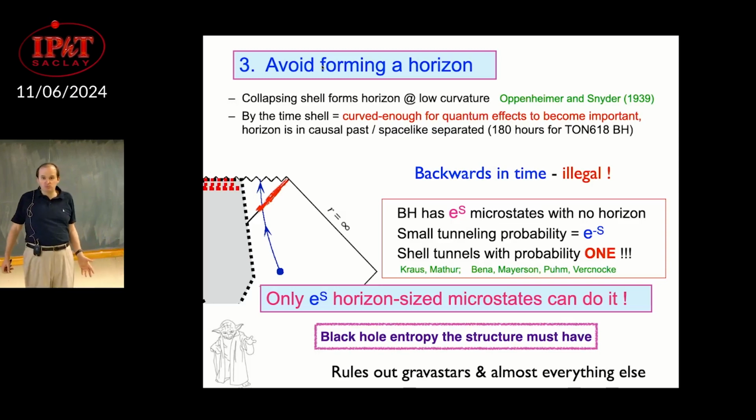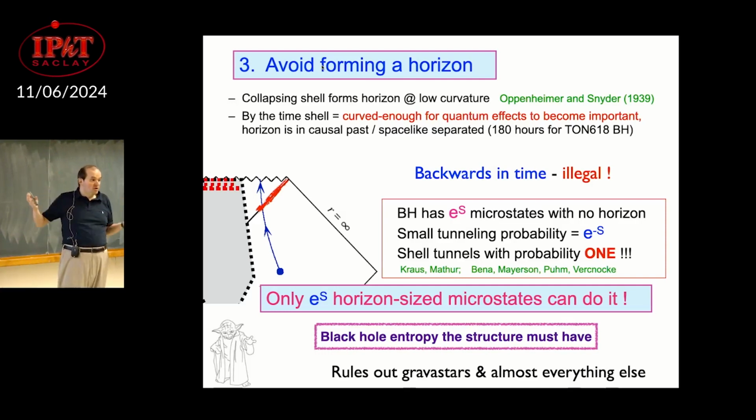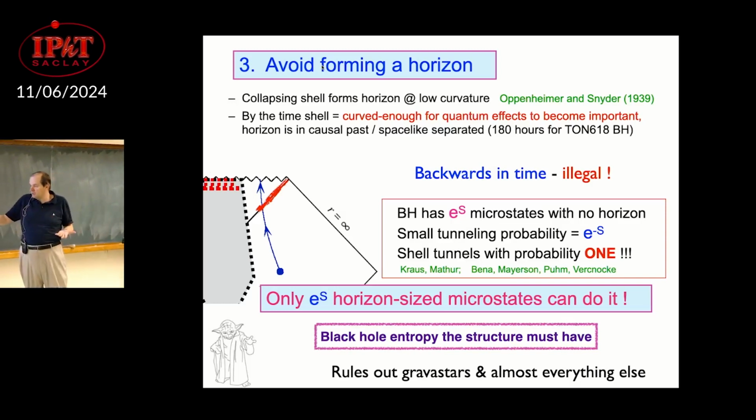That's why I'm saying that if you want to build a structure at the horizon and you want to claim that you understand what makes a black hole, you have to build the e to the S microstates at the horizon. If you don't build them and you just say they're going to be there, okay, great, how are they going to be? Can you calculate? Can you show what structure they have and so on? It's very important that we have to build them, absolutely.